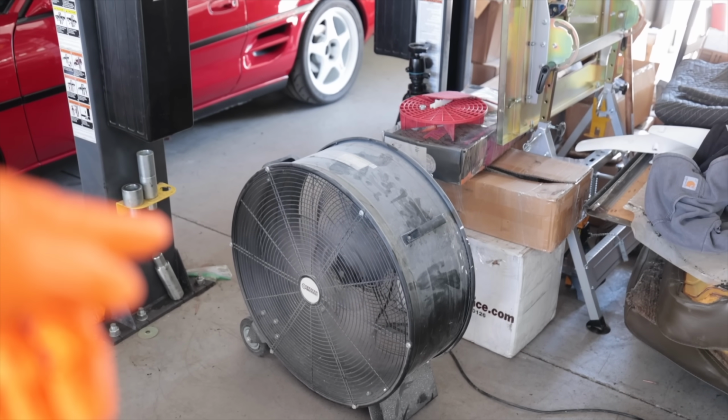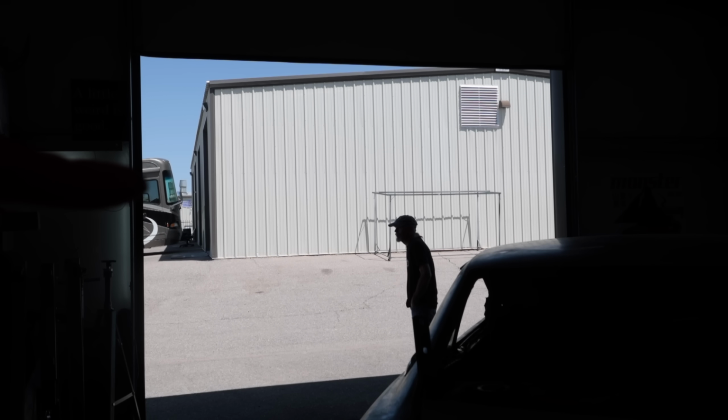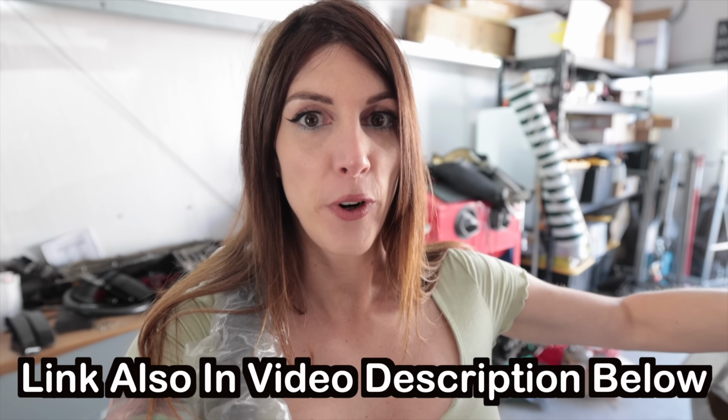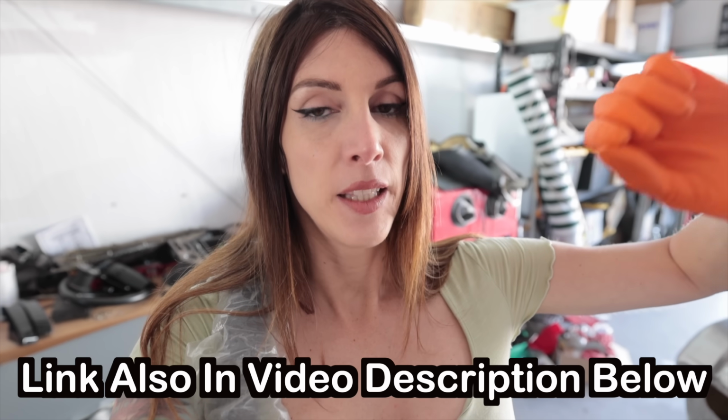We got a fan set up in here in addition to having both doors open just to get adequate airflow because of the lead fumes. If you guys want to see the actual leading process of what he's doing, I'm gonna link up above a video to Fred doing the leading process on their channel. And in the meantime,